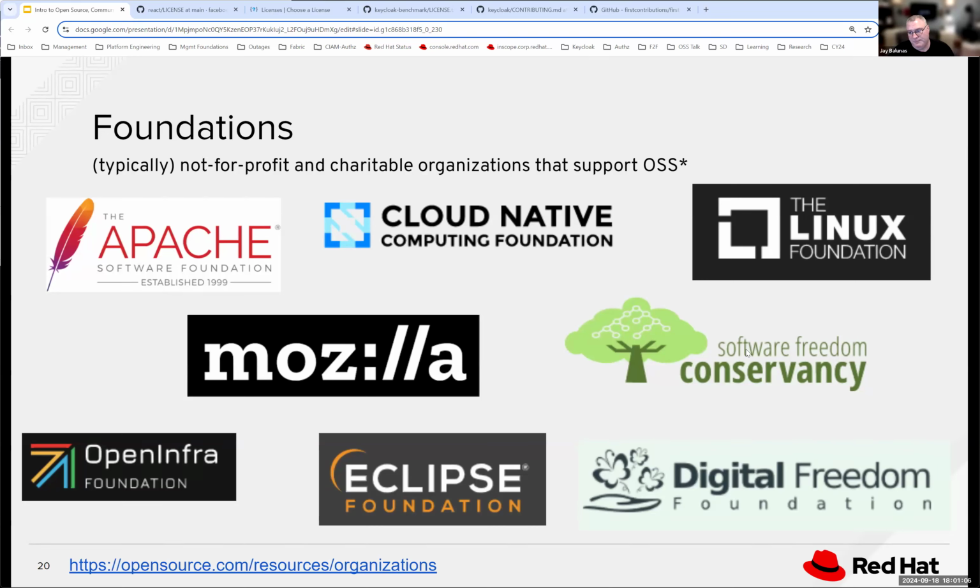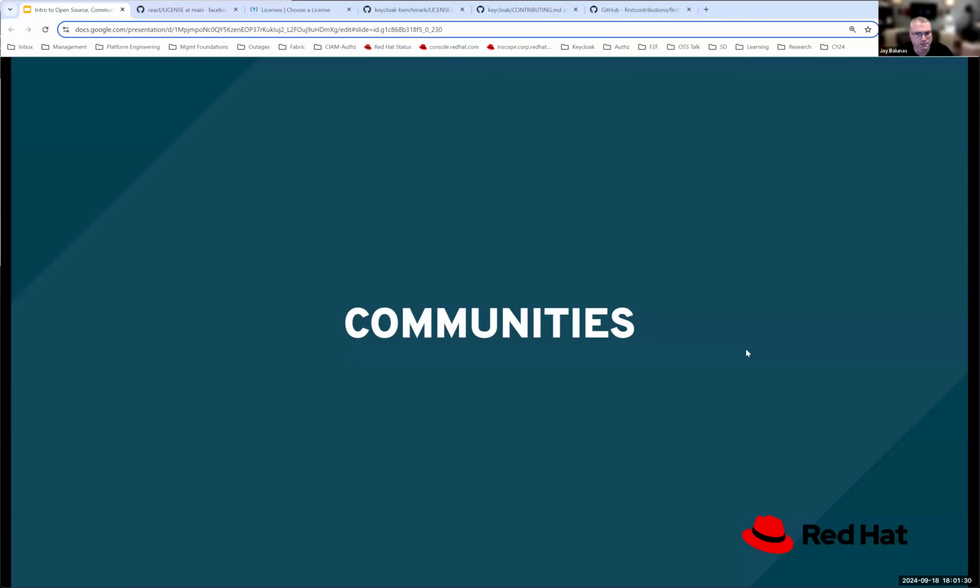There's some things like the Software Freedom Conservancy. Part of their charter is that they will help defend open source projects from copyright attacks and things like that. So anyway, nothing too scary. If you hear it, different software projects can be part of foundations. It doesn't make them bad. It doesn't make them good. It's just something to know.